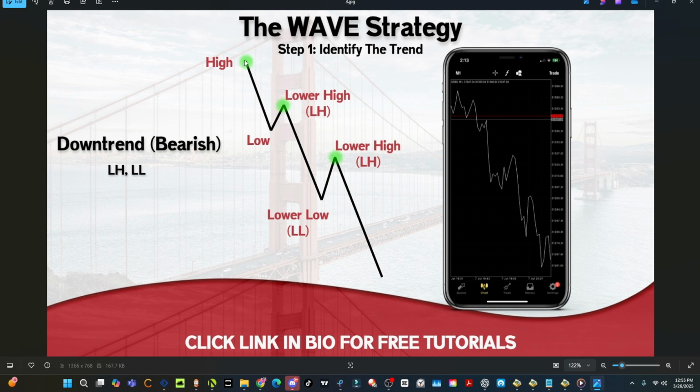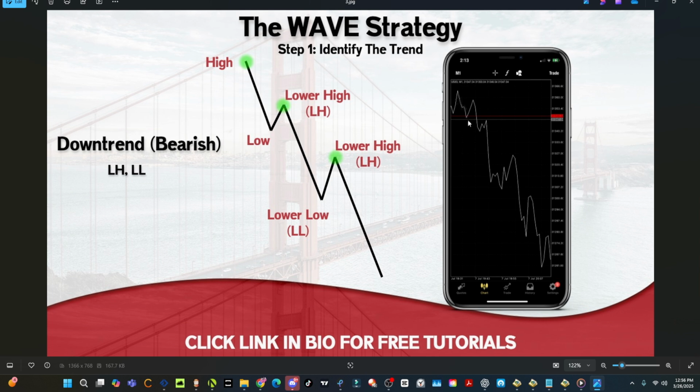It will start high, it will drop, it will retrace just a little bit, leaving this low point. It will retrace, then it will drop again. Once it drops the second time, it leaves this point right here, which is called a lower high. This point is called a lower high because this high point is lower than this high point. Hopefully that makes sense. It will drop a second time, and then it will retrace again, leaving this point, which is a lower low, because this low point is lower than this low point. It'll retrace, and then it'll drop for a third time, leaving another lower high, because this high point is lower than this high point, which is also lower than this high point. This is what the market looks like when it's going down.